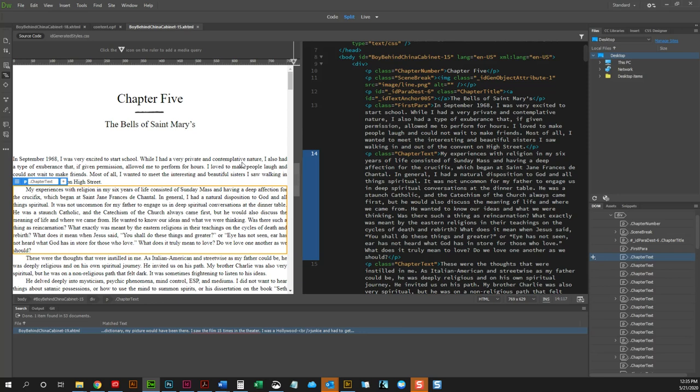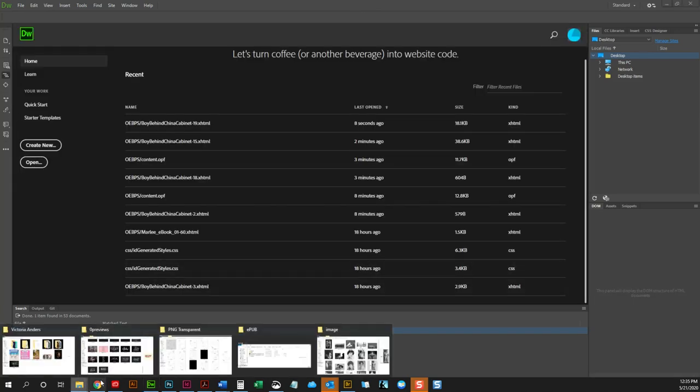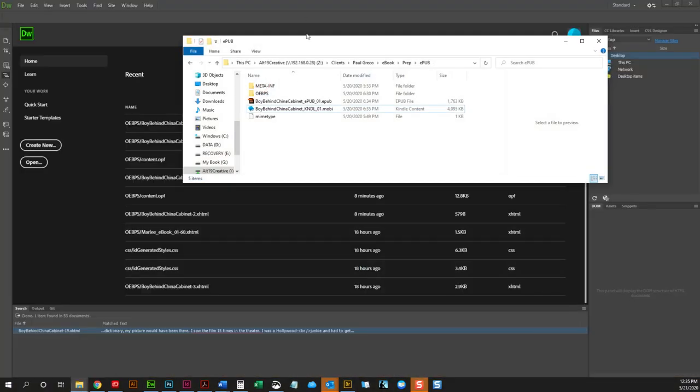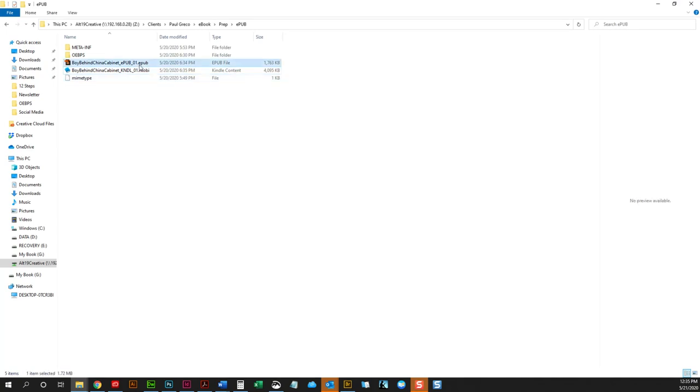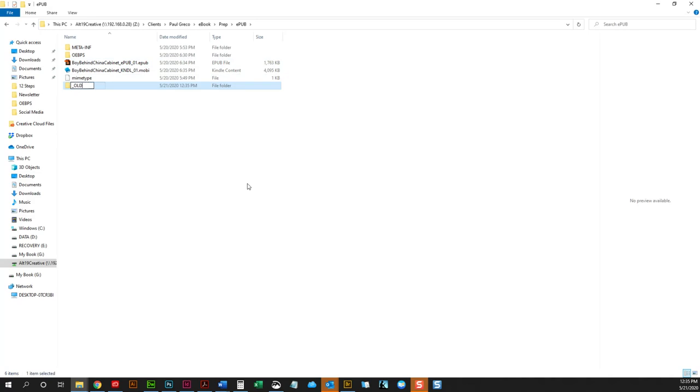So that's how to look for certain mistakes and how to fix them. So now we're going to check it to see if it validates. All right, and I just do this again just to double check to make sure I changed everything